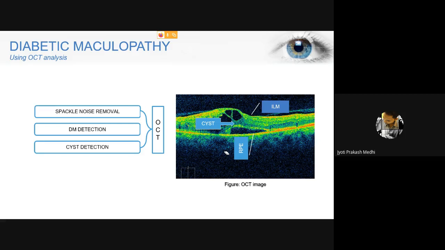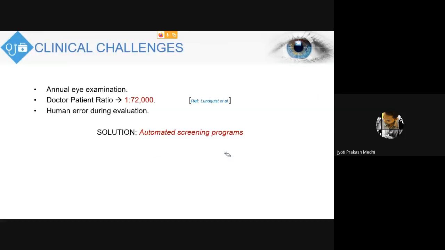Now, there are various challenges which we observe during the analysis or during processing of these images. In the image processing case, we have to identify the basic properties of a normal image and the difference of it with the diabetic retinopathy image. If we can identify the difference, then we can identify the diabetic retinopathy. Now, here various challenges start with clinical challenges.